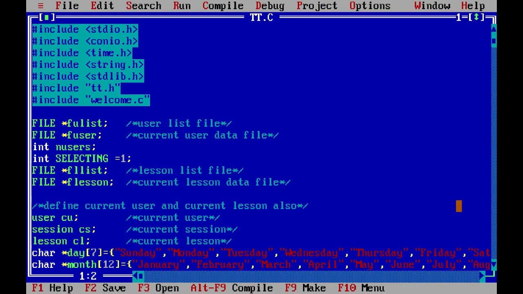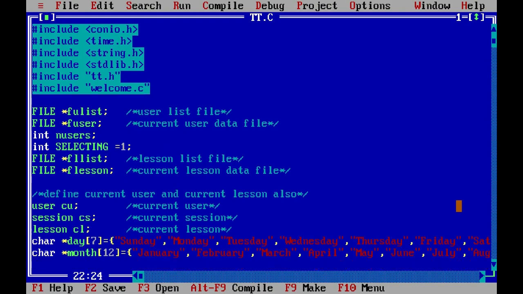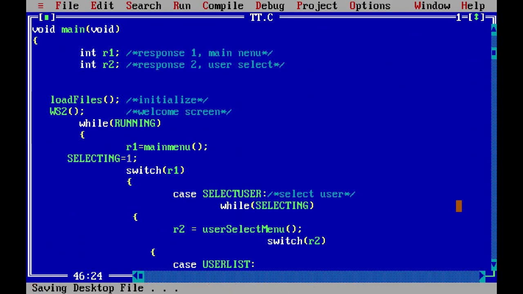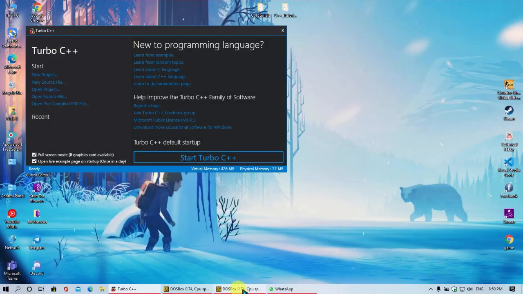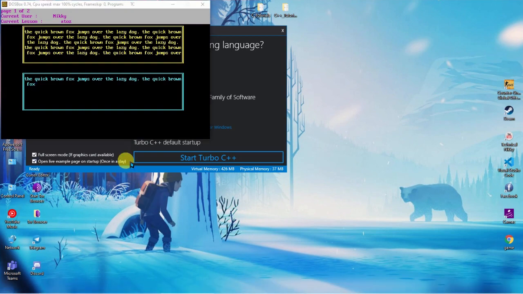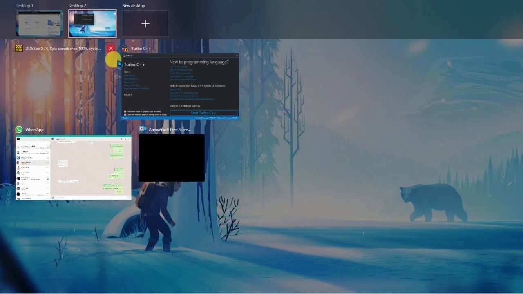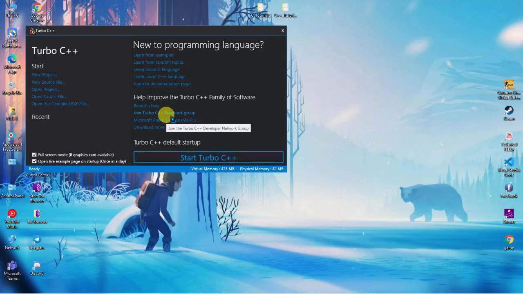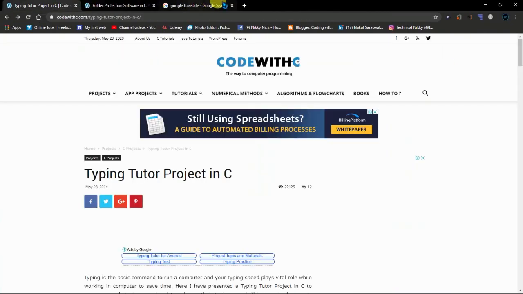That is the whole source code of this program. First thing, guys, I didn't create this program. First close all the windows. Now I will tell you how I got this.